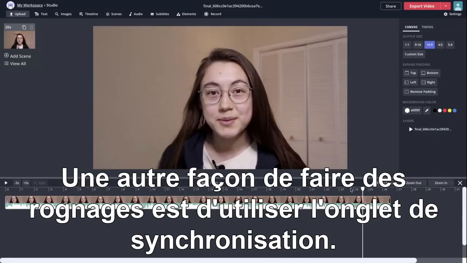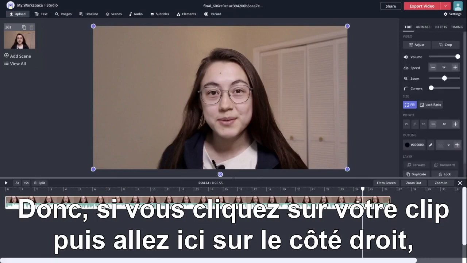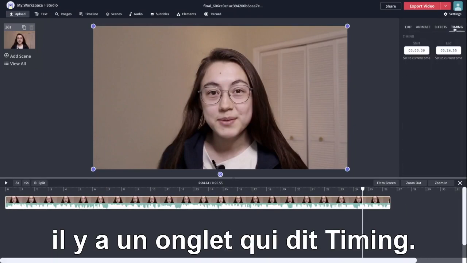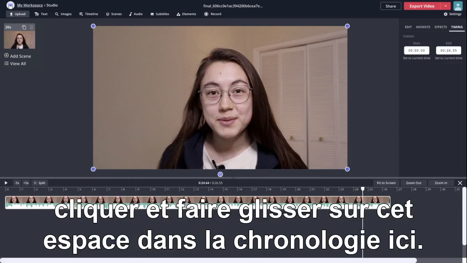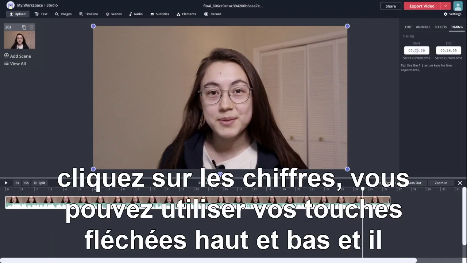Another way you can make trims is to use the timing tab. So if you click your clip and then go over to here on the right side, there's a tab that says timing. This is where you can specify an exact start and end time instead of clicking and dragging on this space in the timeline here. If you click the numerals, you can use your up and down arrow keys, and it essentially